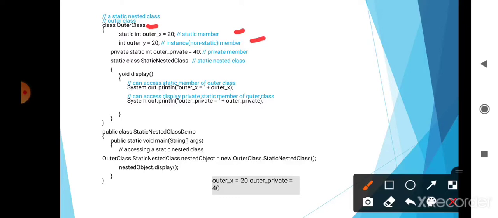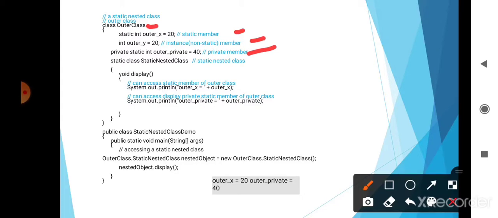Then declare one more variable, a private static member variable, private static int outer_private equal to 40. Then declare the static nested class, and a display method, void display, to access these static members and the private member.